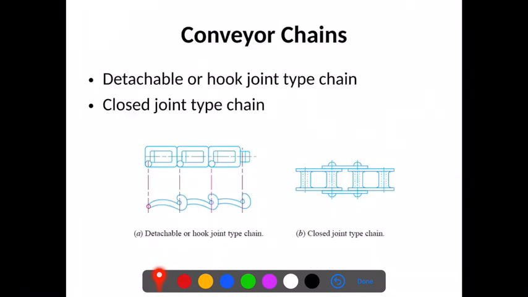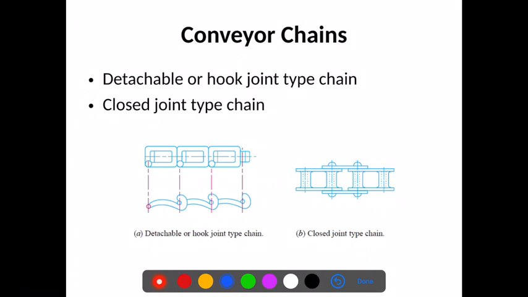Now we will see the conveyor chains. The conveyor chains are used for elevating and conveying the material continuously. The conveyor chains are of the following two types. One is called detachable or hook joint type chains, and another is called closed joint type chains. The conveyor chains are generally made up of malleable cast iron. These chains do not have smooth running qualities, meaning when we use them, they make a certain type of noise, and they are generally used for low speed applications,